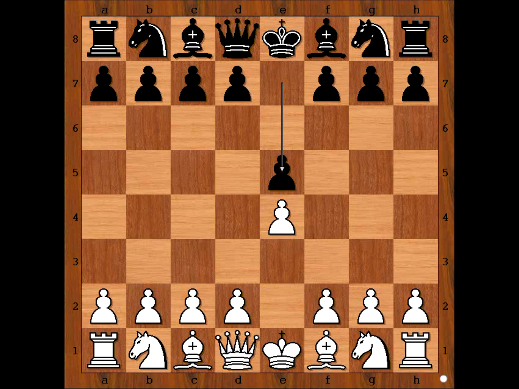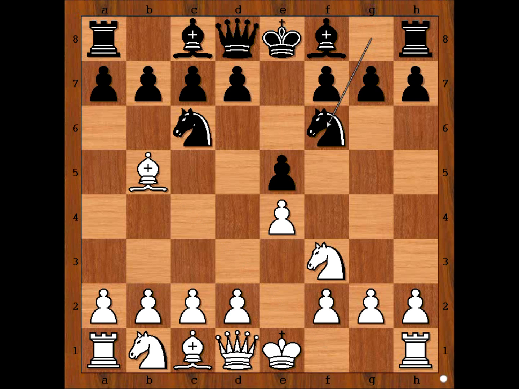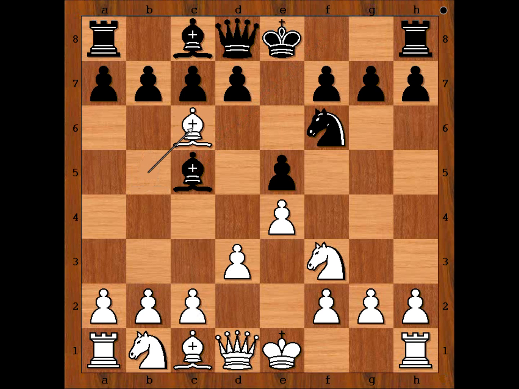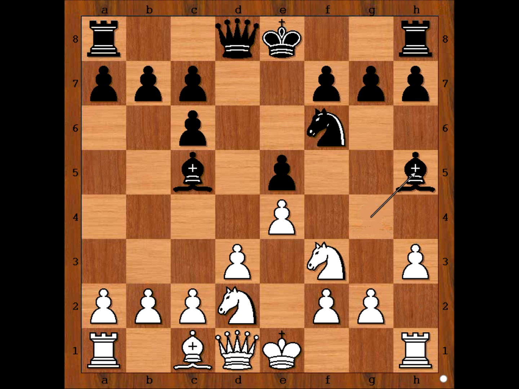Carlsen played e5, knight to f3, knight to c6, bishop to b5, Ruy Lopez, knight to f6, Berlin defense, d3, bishop to c5. And now instead of c3, Anand captured the knight on c6 with the bishop. D takes on c6, knight from b to d2, bishop to g4, pinning the knight, h3, and Carlsen played bishop